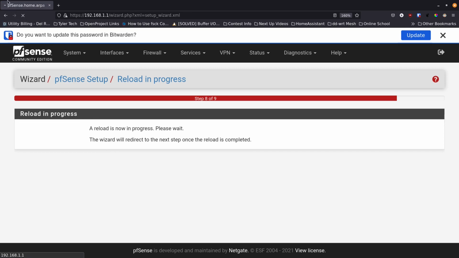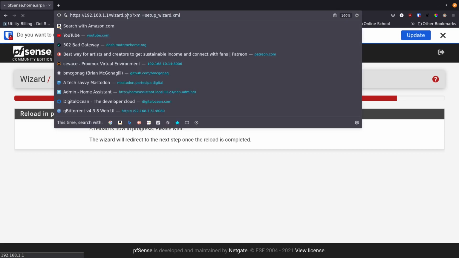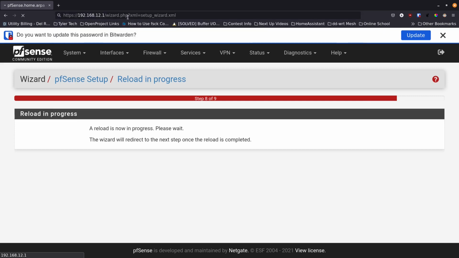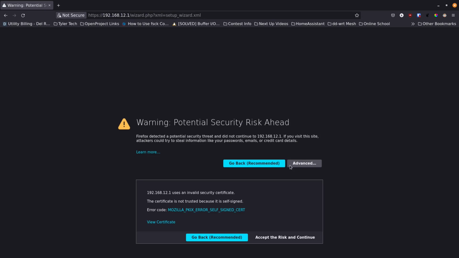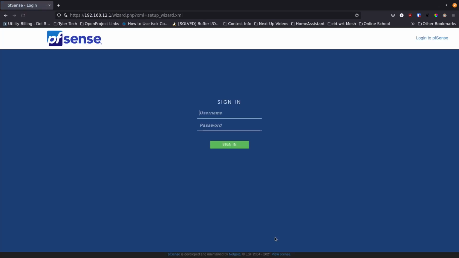You can kind of watch the little indicators in Chrome or in Firefox and see if it's loading back up like it should. But, you know, it doesn't take that long for these changes to take effect, so we need to be kind of careful about that. So I'm going to go here and I'm going to say 12, and I'm going to hit the enter key to see if it'll load up. I'll probably have to go tell my network adapter to change IP addresses. There we go. We're going to get our warning again because we changed IP addresses, and we'll accept the risk, and I'll type in admin